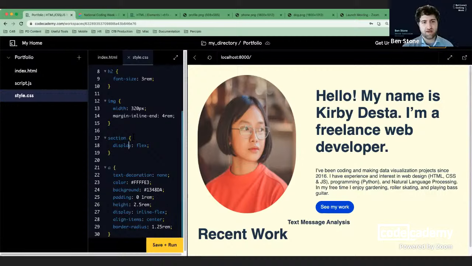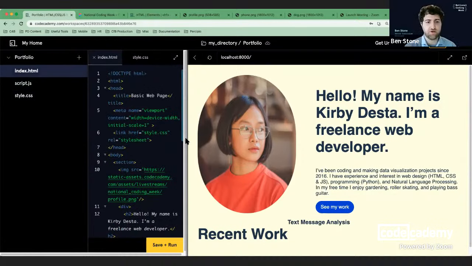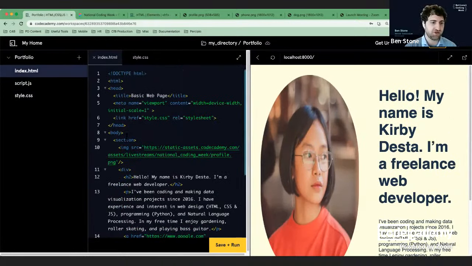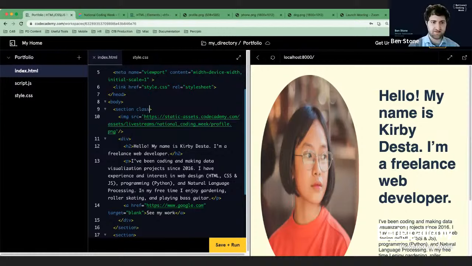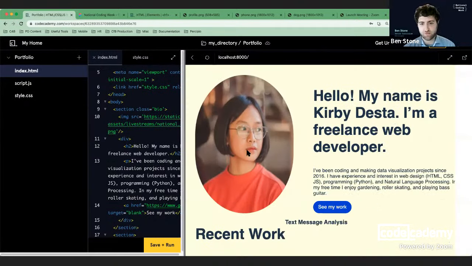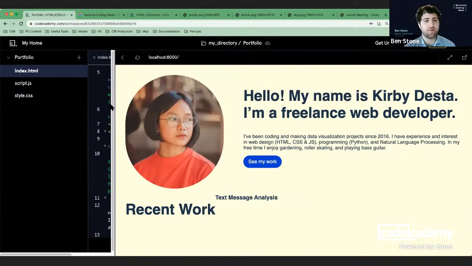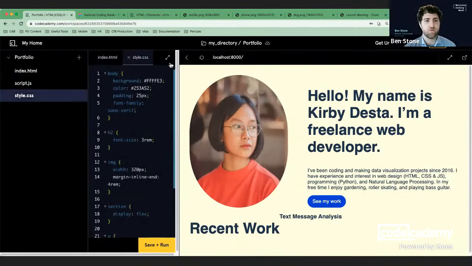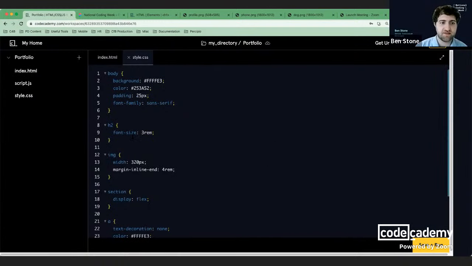One excellent tool we have at our disposal is the class attribute. A class attribute is a way of giving more information to a specific bit of content you have. So we can take this section tag and say that its class is going to be bio. Now, nothing changes when we run this, still just the bio, but when we go back to our CSS, we can then specify that we want not every section to be a flex display, but only a section that has a